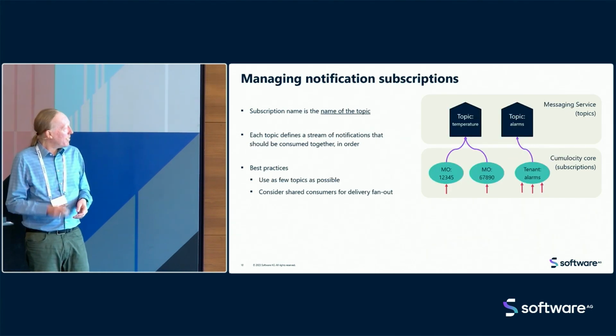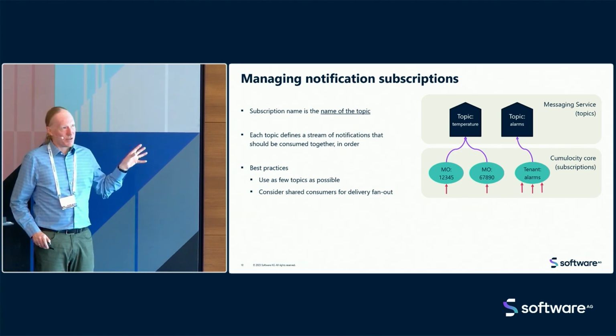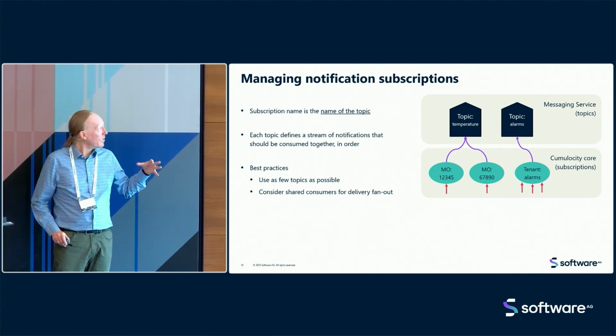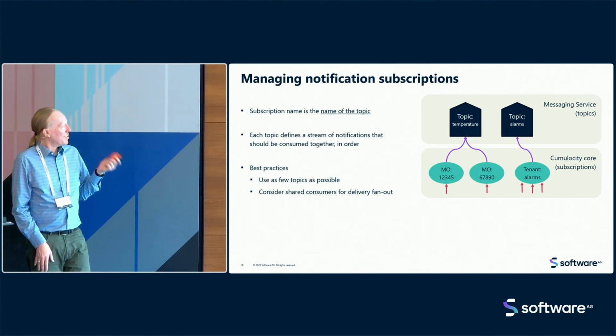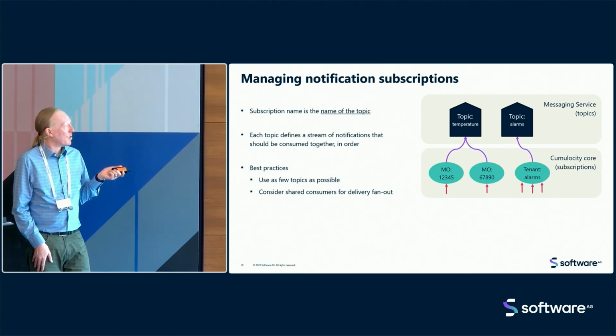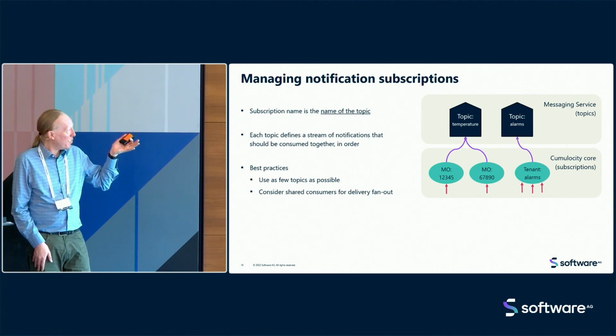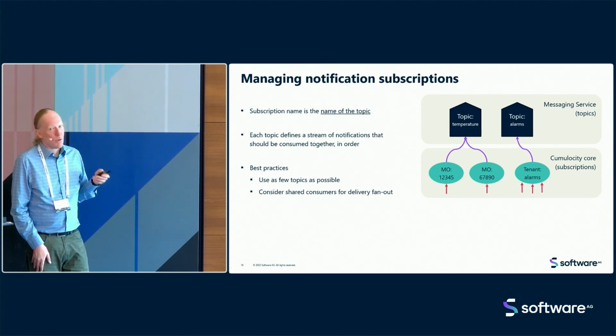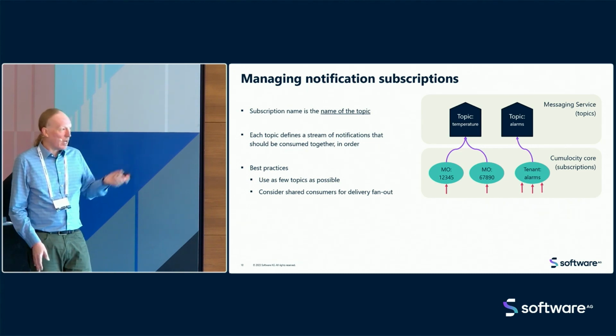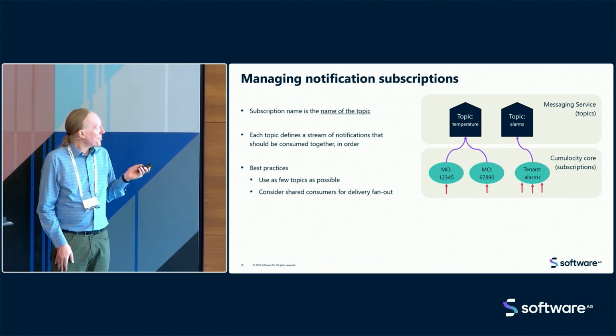Now, to go into even more detail, because, like I say, there's a few gotchas with this API that we want to cover. Looking at each of the two steps in this subscription process separately. So as I say, first of all, you want to subscribe to your core notifications and push those into topics. So in this case, we're subscribing to temperature measurements from a couple of managed objects, a couple of devices, and we're also subscribing to all the alarms from our tenant, just as an example,